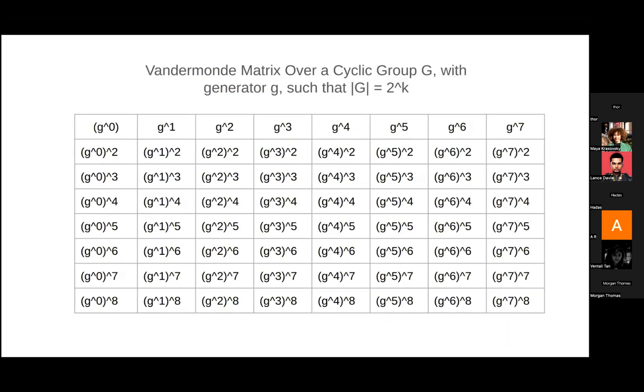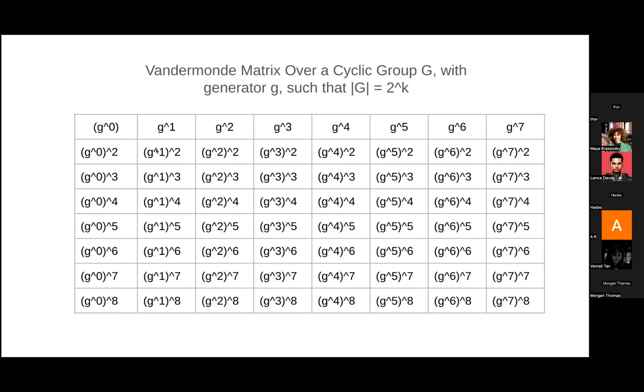Okay, but now this is the reason that FRI requires a cyclic group that is a power of 2 in size. Now what we do is we replace all the domain elements by some power of a generator of a cyclic group. For those who don't know, cyclic groups are sets of numbers that have rich algebraic properties in the sense that